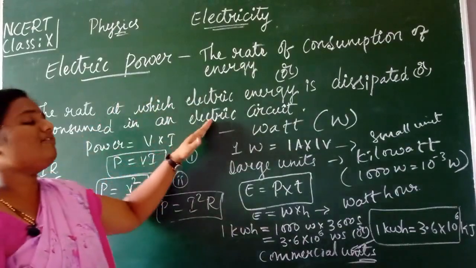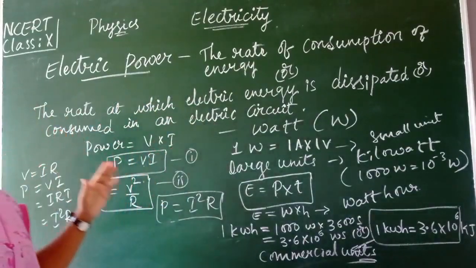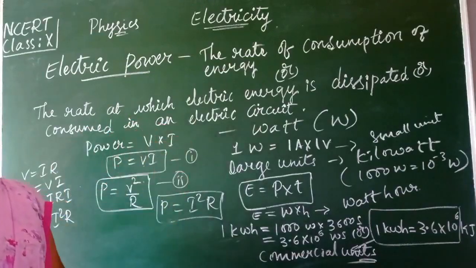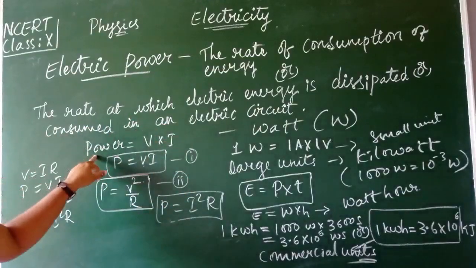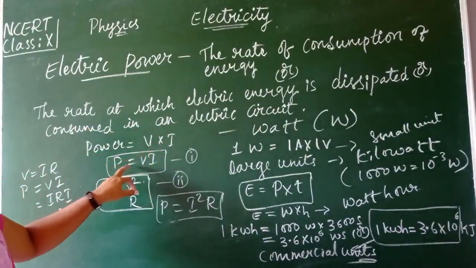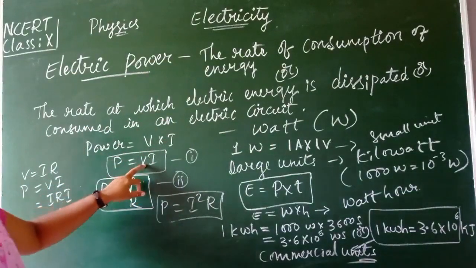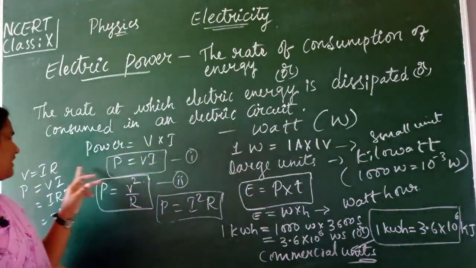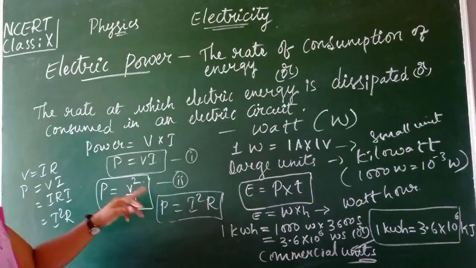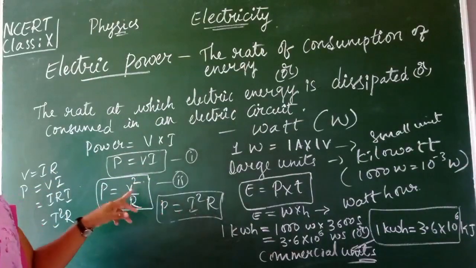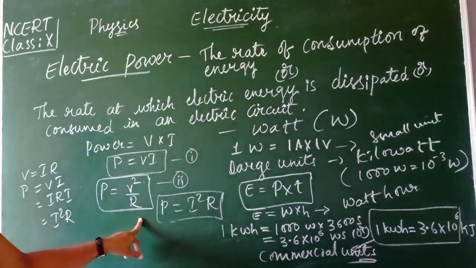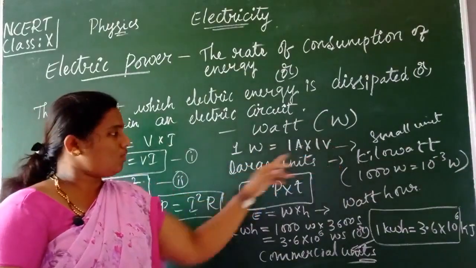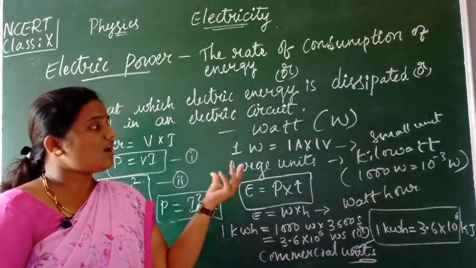It can also be defined in another way, that the rate at which electric energy is dissipated or consumed in an electric circuit, and by that we can write P is equal to V into I, and from Ohm's law V is nothing but I into R, isn't it, children? On substituting, we will get I square into R, and this can also be written as V square by R, and 1 watt is nothing but 1 ampere into 1 volt,